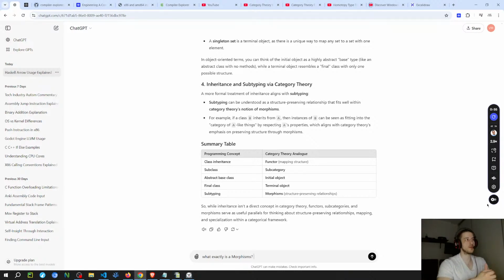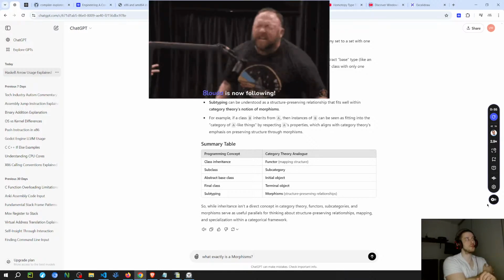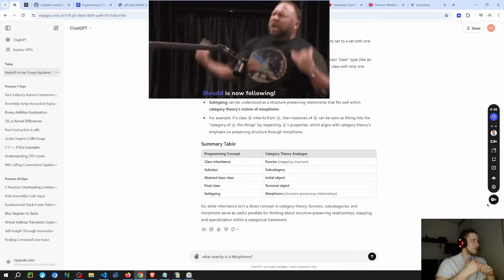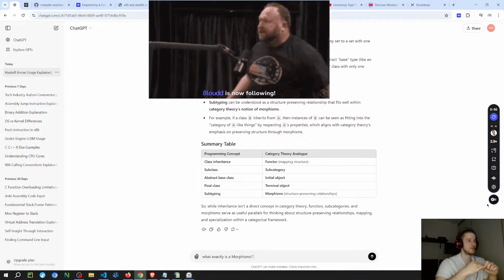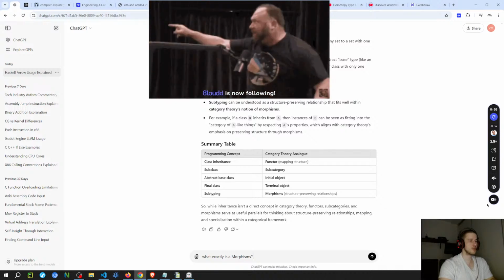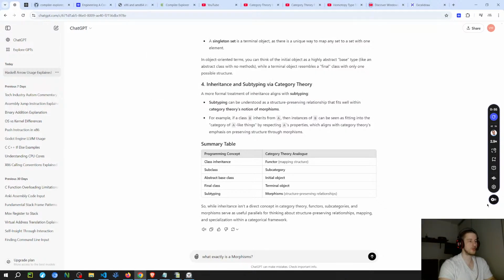But I think it makes sense to think about a set as a type, and then think about the objects inside of a set as the different instances of that type. So you can have an infinite amount of integers, and all those different integers would be in the set of integers, which would be the type integer. So I think for that reason it's kind of hard to define exactly what an object is.